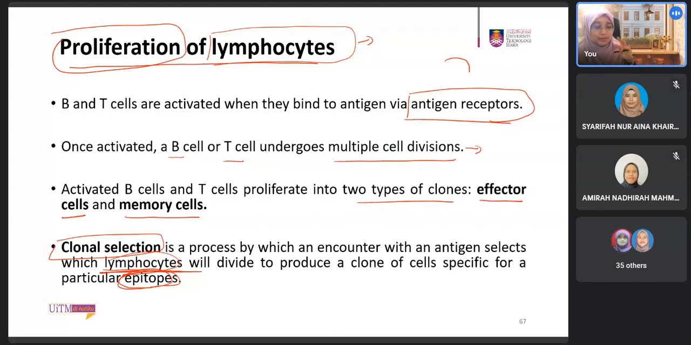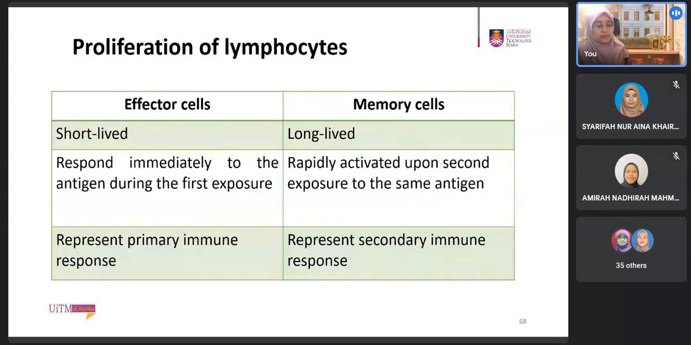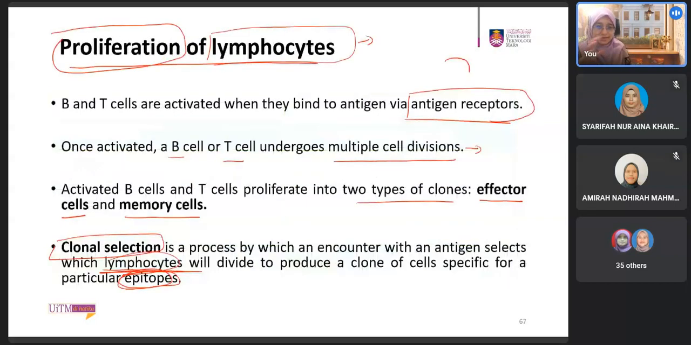Okay, epitope kita tengok hari tu kan, what is epitope? Epitopes are antigenic determinants, specific structures on an antigen of a pathogen, for example. Basically an antigen can have several epitopes. So it can have several epitopes, so that you can, for example, have many possibilities of several B cells binding to that epitope